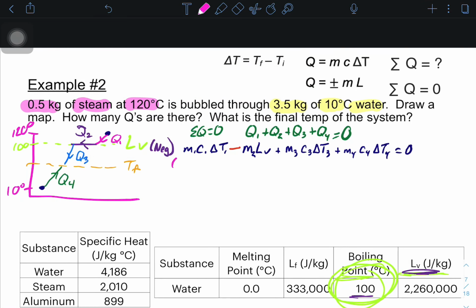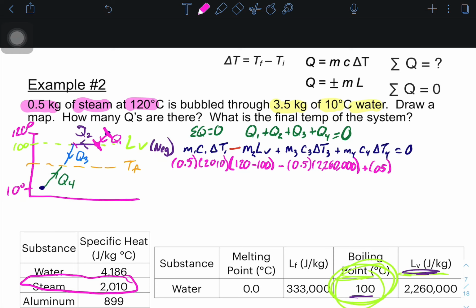So plugging in numbers, 0.5, that is steam. Okay, so my C of steam is 2010 times, from here, my Q1 goes from here to here. So it's my final temperature of 120 minus 100, minus my mass of my steam times the 2,260,000, because that's my latent heat of vaporization,